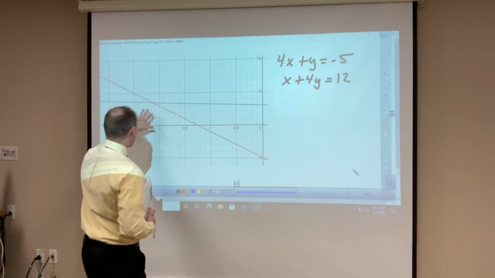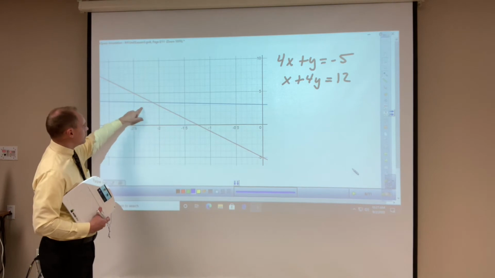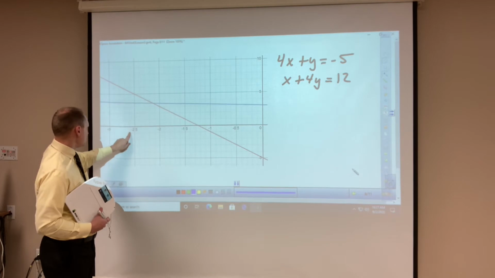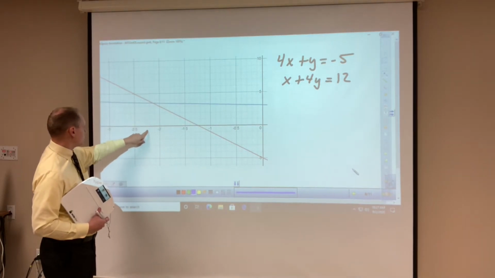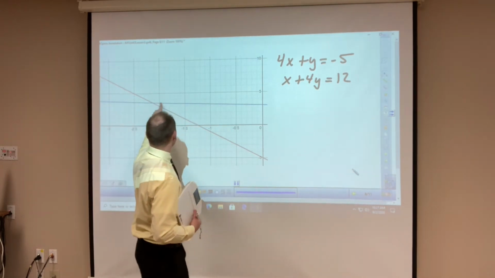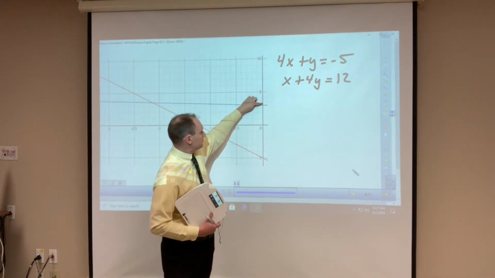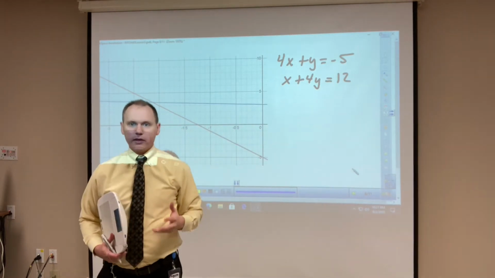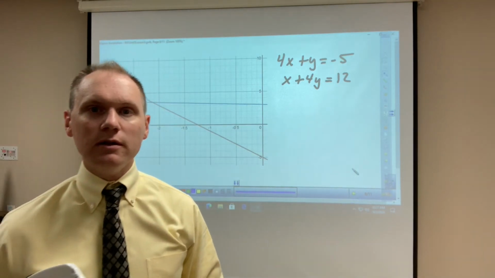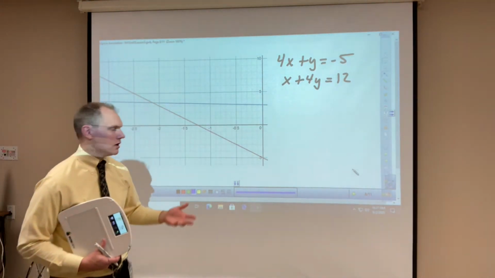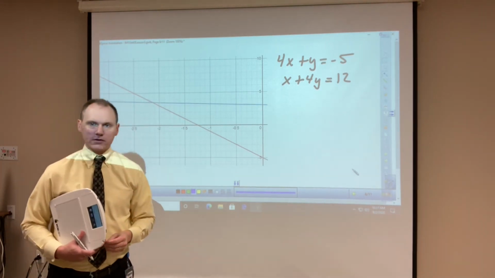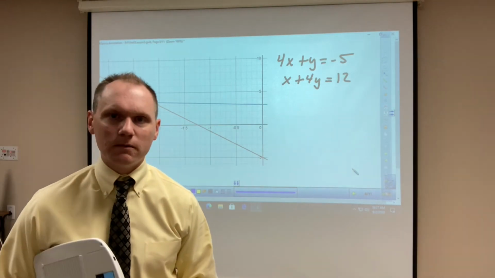All right, if you look at the graph, you can see the solution is right in here somewhere, maybe this is 2.5, so maybe 2.1 or something like that. The y value of that intersection point is maybe 2.7 or something, I don't know. Then that's the whole point I want to show you, is sometimes it's difficult to see the solution graphically. It's not a perfect science here. We can't just look at that and tell. Obviously, if you're using Desmos, you can click on the point and see, but otherwise,